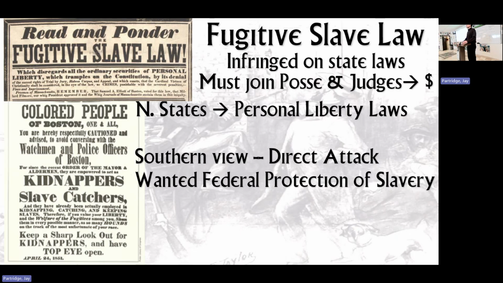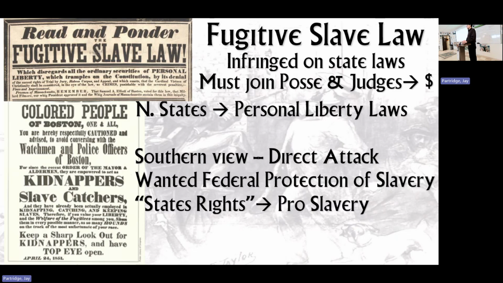And they would give this a name by 1854. Federal protection superseding state laws, they called it, ironically, states' rights. Even though it supersedes states' rights. It should remind you of laissez-faire economics. Remember, laissez-faire economics was laissez-faire in competition with direct aid for business from government, which is an exact contradiction. This is too. Don't mess with the states if they want to have slavery, but make sure states that don't want slavery, make sure that the federal government will protect our system.